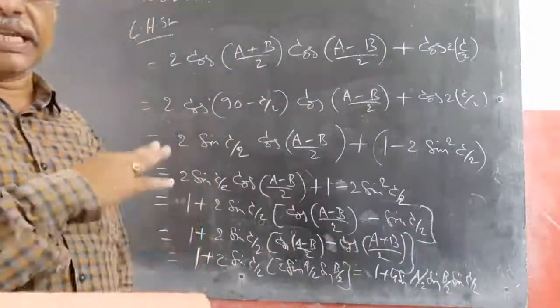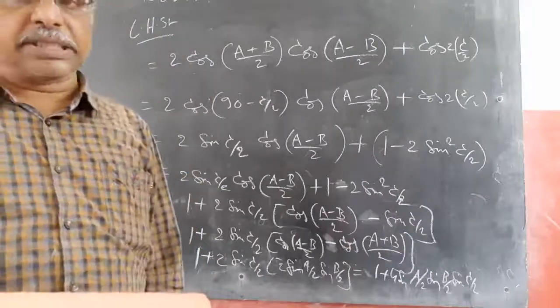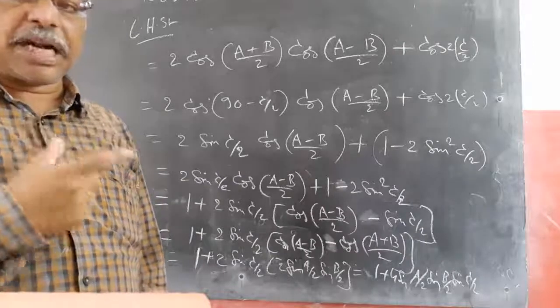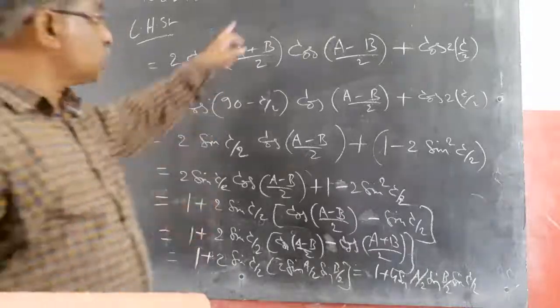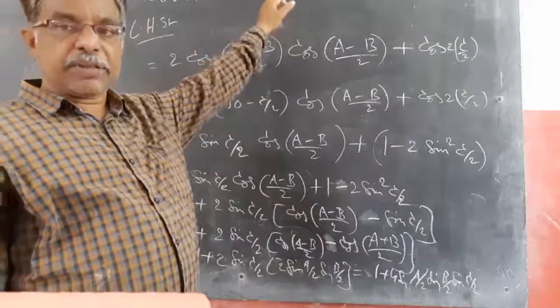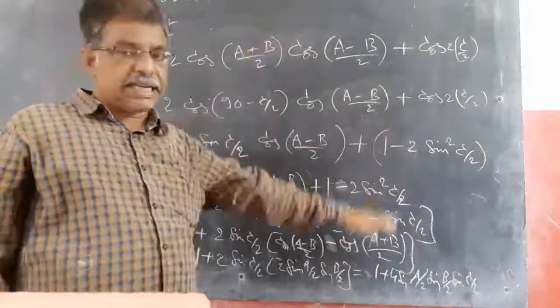This result is very important because we use the same result for many sums in the same exercise, as well as in the other chapter called properties of triangles. That's why I told you this sum as plus again. The actual textbook sum is minus, but with plus we will use this result in the next sum. So that's why I explained it here itself.